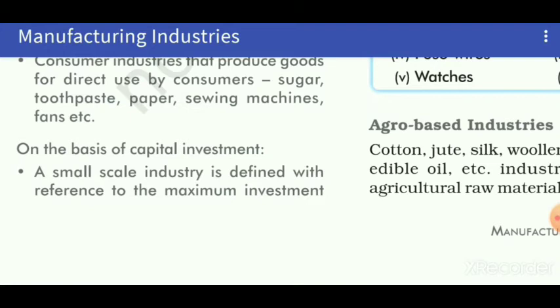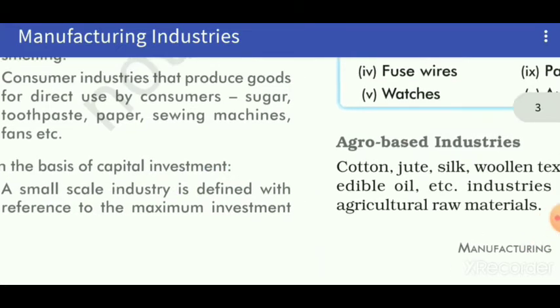The third one is on the basis of capital investment. Again, there are two types of industry. The first one is small scale industries. All those industries which require less than 1 crore rupees in their establishment are known as small scale industries, like chocolate, water bottle, toy making industries. The second one is